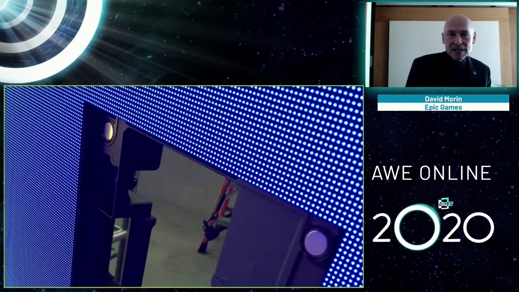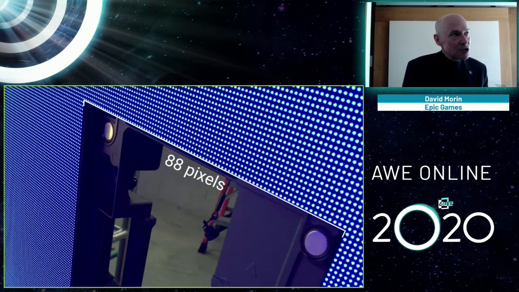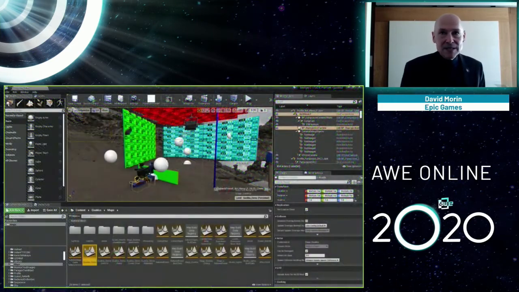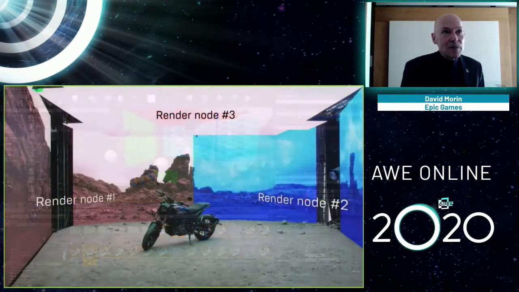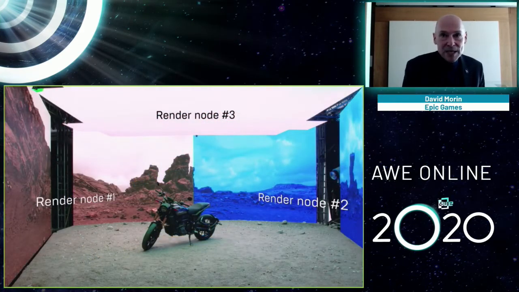This is the video wall seen up close. You can see that each tile on the wall is 88 pixels across. And the wall itself is represented inside Unreal as the virtual version of it that you can move around, so that you can position your virtual set into any place of the world where you want to be. There is a feature called nDisplay altogether. This wall was 1232 pixels vertically and 6688 pixels horizontally. The effective render resolution cannot be rendered by one computer, so nDisplay helps us split it in parts.